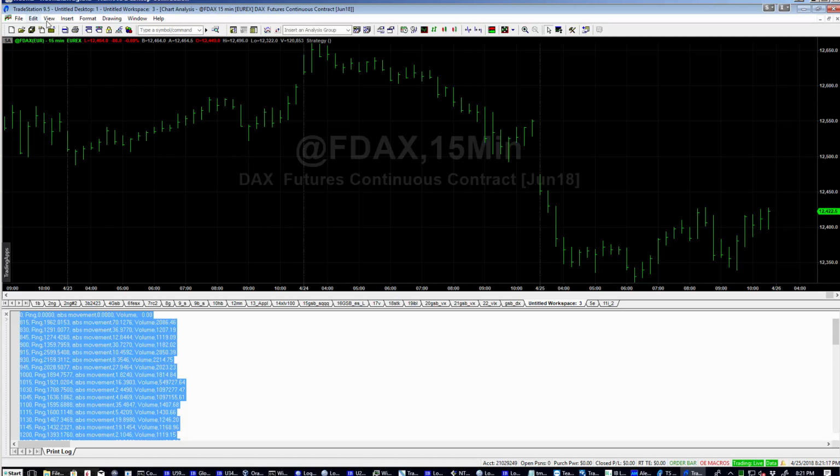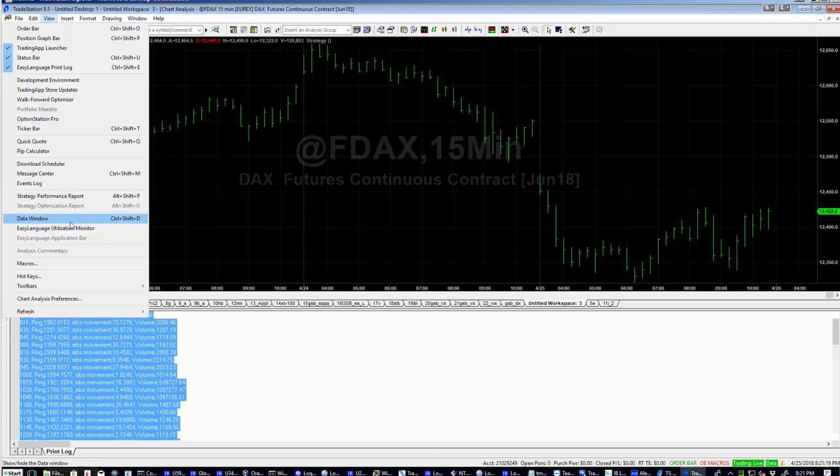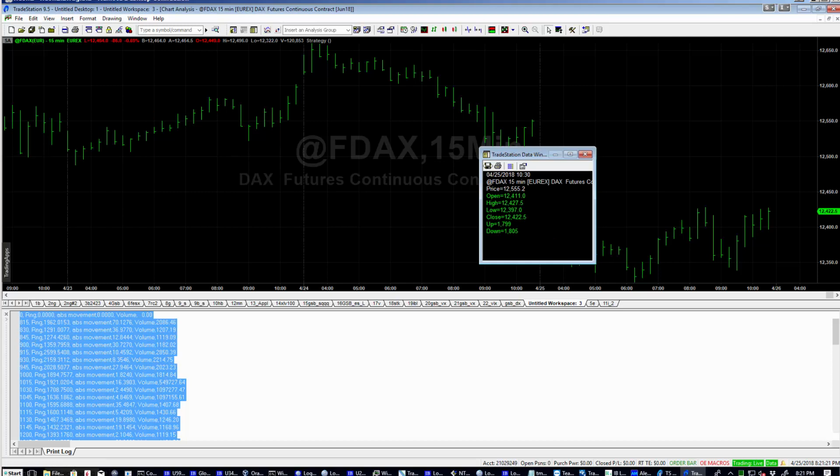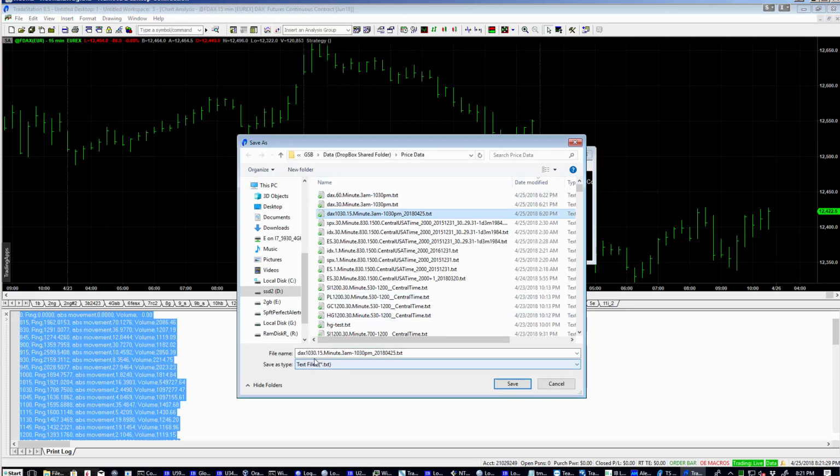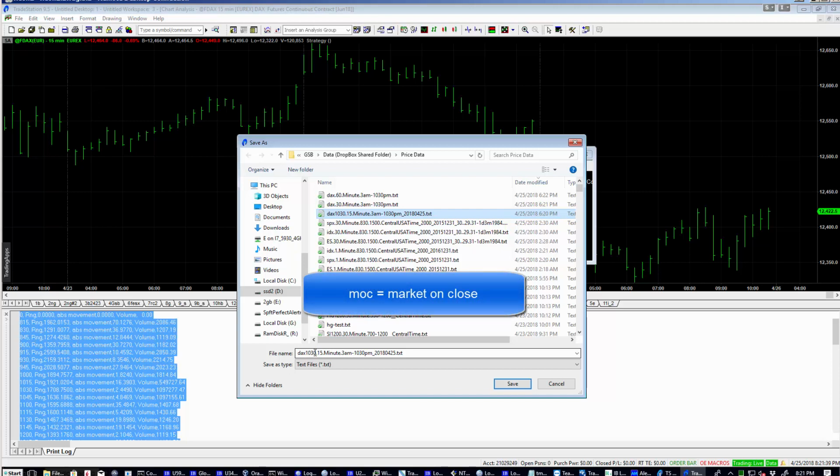So when I export this file, I'm going to click on here. I've also called it, instead of being DAX, I've called it DAX 1030 because that's the mock time, and I've also got DAX systems with a 1500 mock time, so I'm actually putting that mock time in the symbol. And I've already saved this,